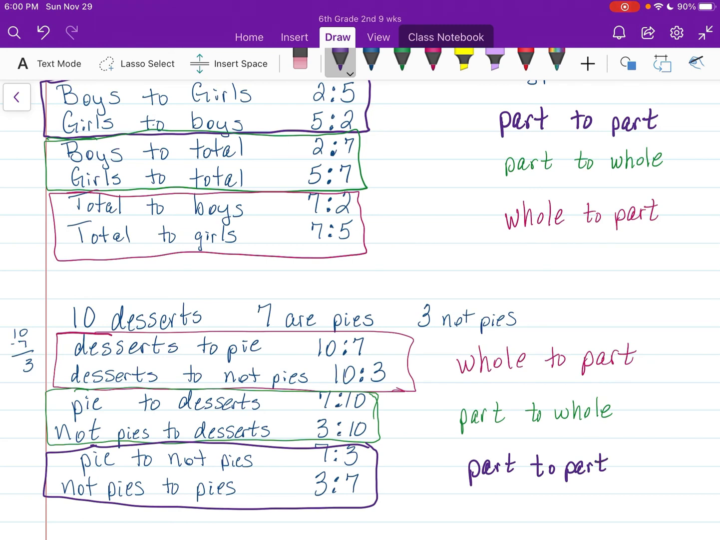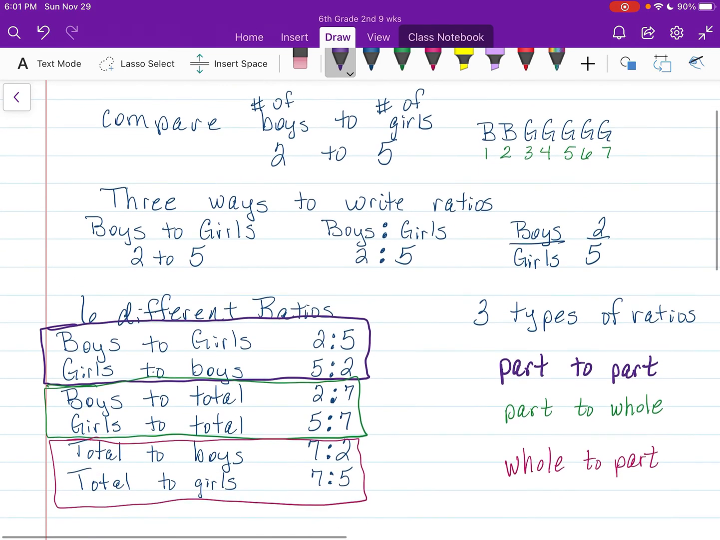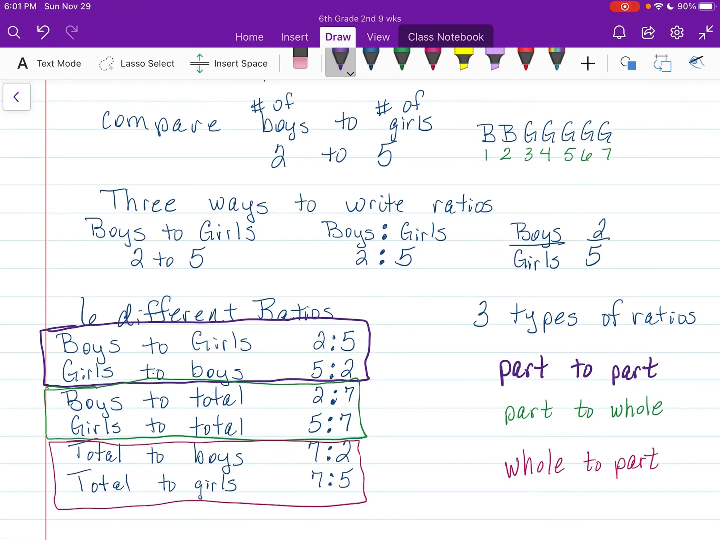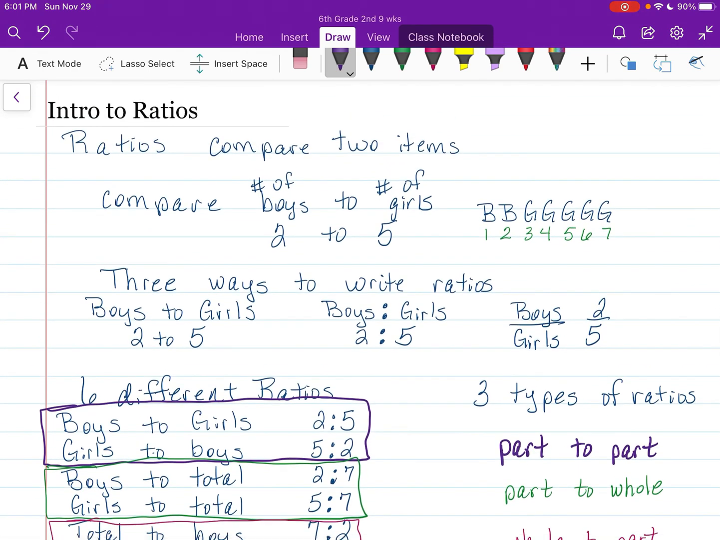All right, so what have we learned about ratios? Ratios compare 2 items. We can write ratios 3 different ways, with the word to, with the colon, or as a fraction. There's 3 types of ratio: part to part, part to whole, and whole to part. And those 3 types of ratio will give us 6 different ratios that we can write. And ratios are as easy as that, guys. We're going to practice with it some, and before you know it, you're going to be